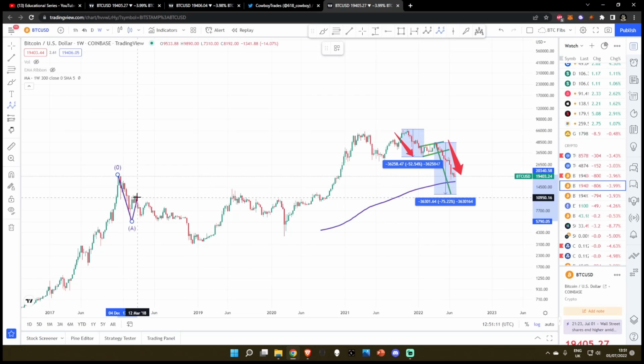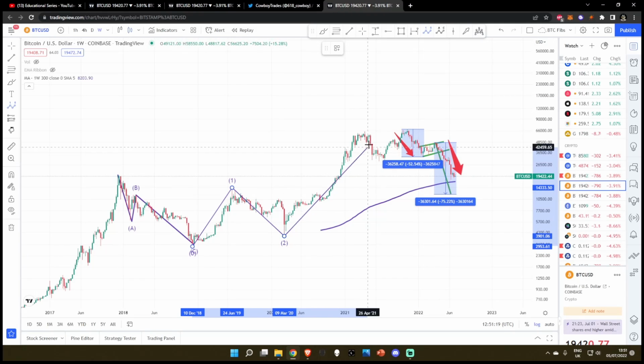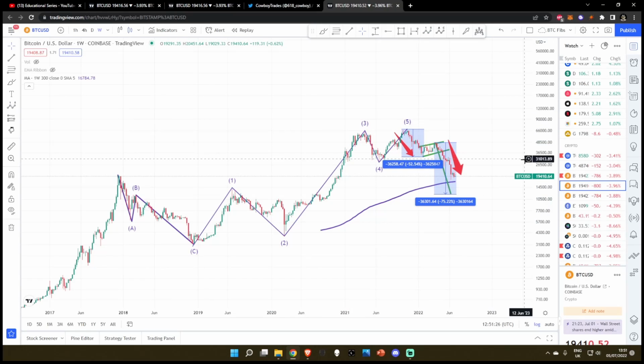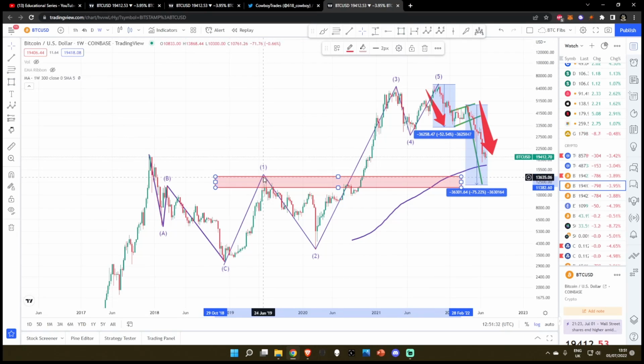This is when you had your ABC correction into the bear market, and then you have your one wave impulse, two wave correction, three wave impulse, four wave correction, and five wave, a very, very underwhelming five wave. Nonetheless, if Elliott wave theory is to remain true, we should bottom at or above the one